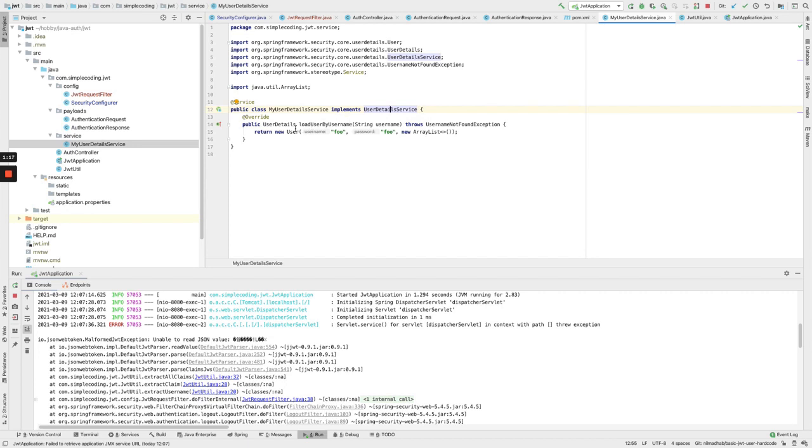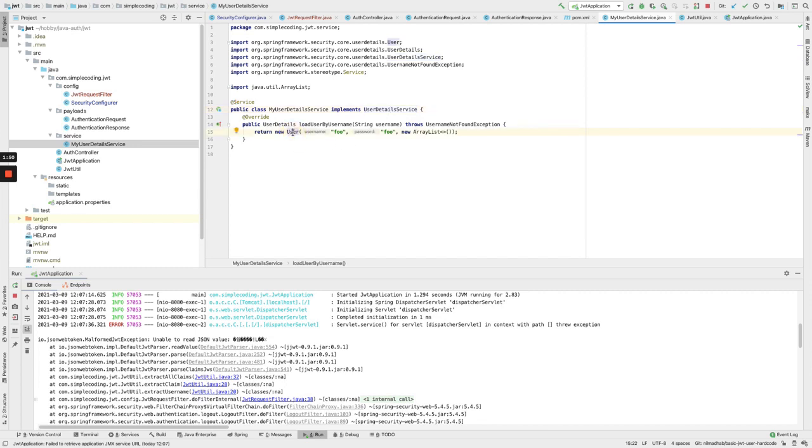It has a method loadUserByUsername that we have to override, and for now we have just used foo as the username and foo as the password, and this array list is a list of the claims. Like if the user is an admin or a moderator, we pass the roles of the user in this array.